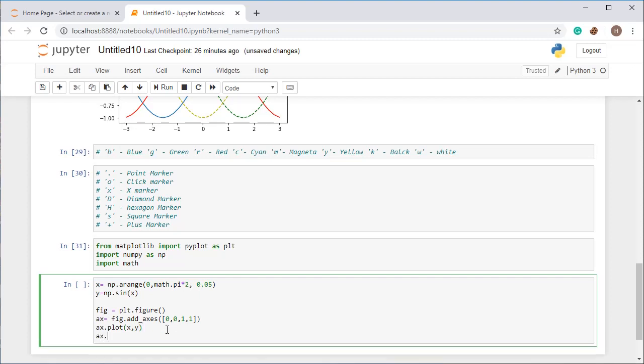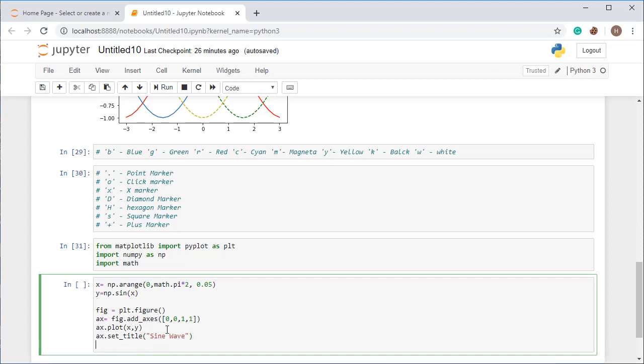Now I want to set the title. So ax.set_title. You can put here, like, I am putting sine waveform. All right. You can also set the x label. ax.set_xlabel, and then pass just angle, because the x-axis will be representing angle from 0 to 2 pi.